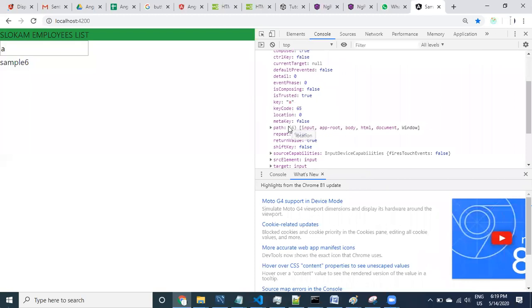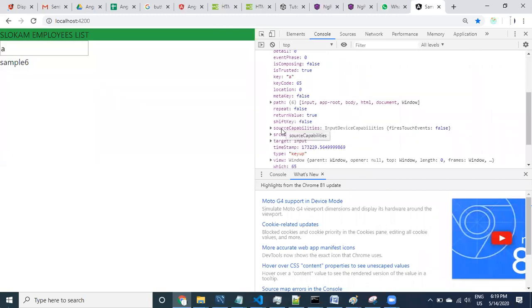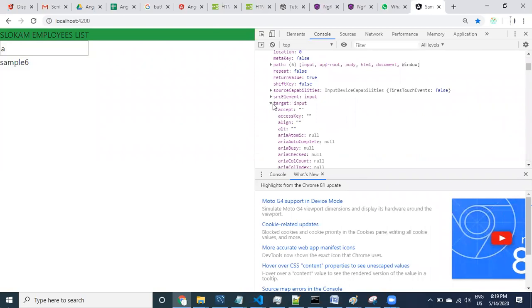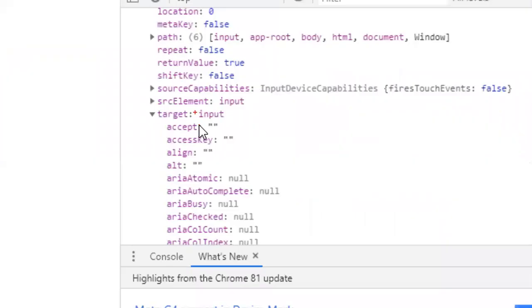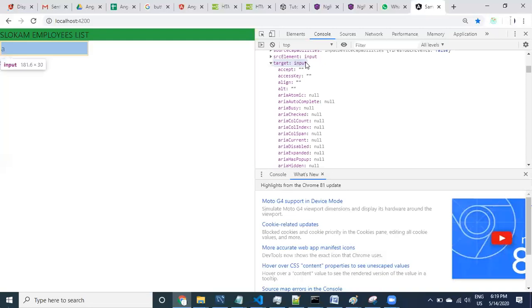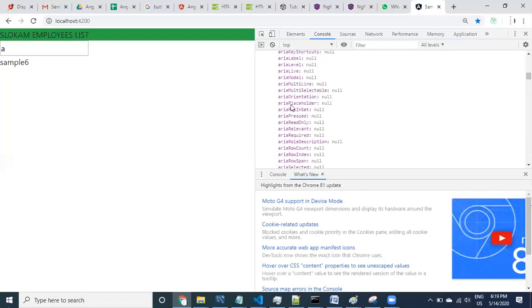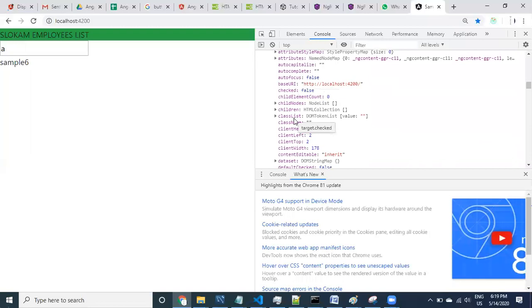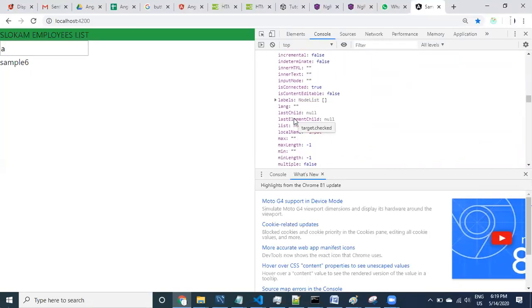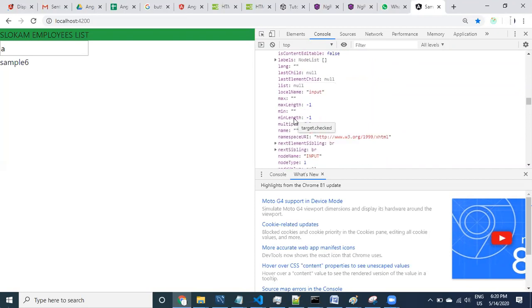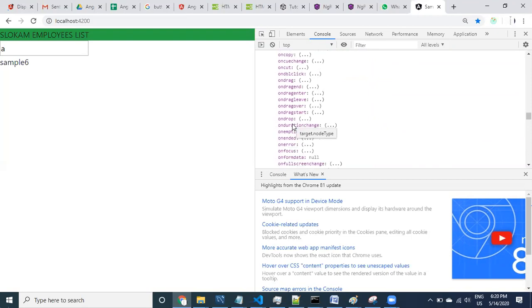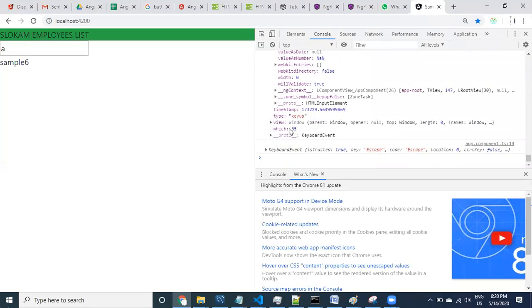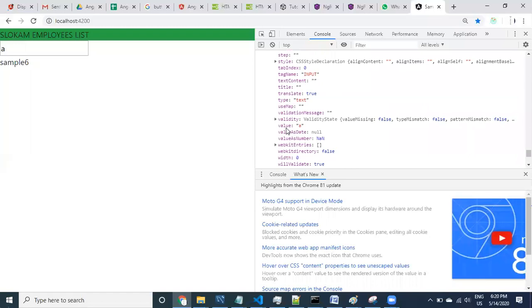You can use any property here, but I like to use the target object. Target means on which particular element this event occurred, the input element. This input element contains some extra information. See here, guys, what is that? This input contains what properties? There are so many properties. Here there is something like value, come down. All these things are related to which properties? Input properties. Input is the target for the event. You can come down, there are so many things. Yeah, there is something, value.